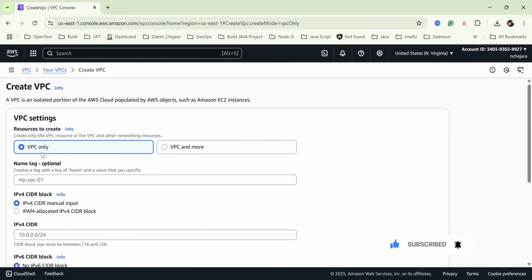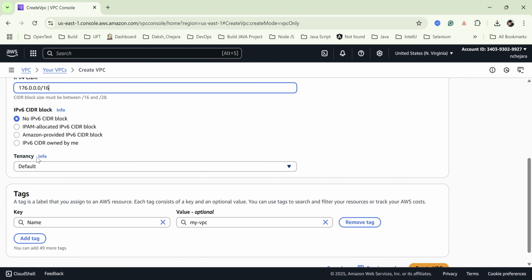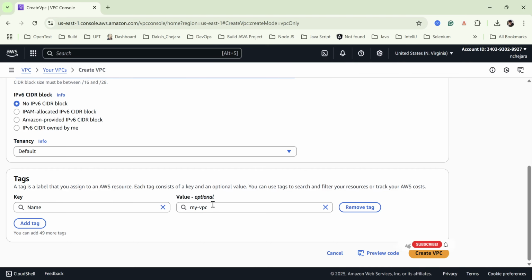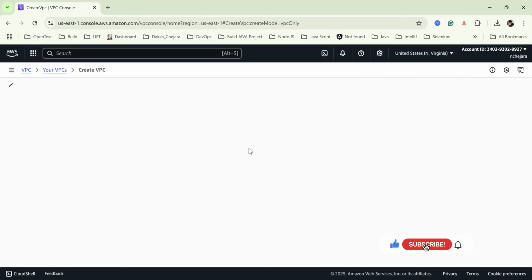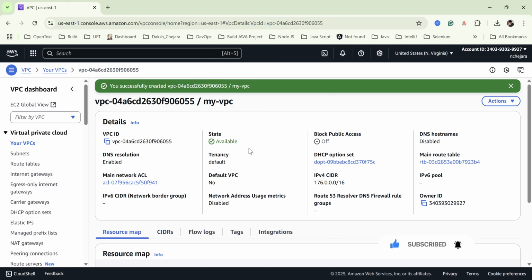Let's create the VPC. We will create only the VPC, and then you can choose, let's say, my VPC, and keep the IPv4 CIDR block default, and I will choose 176.0.0.0/16, and keep the default tenancy. Name tag is okay. Let's create. Now a VPC is nothing but a virtual private cloud network, an isolated network for your instances and your